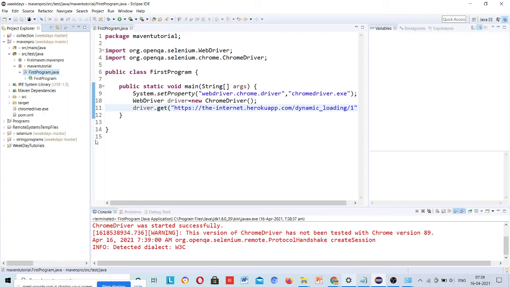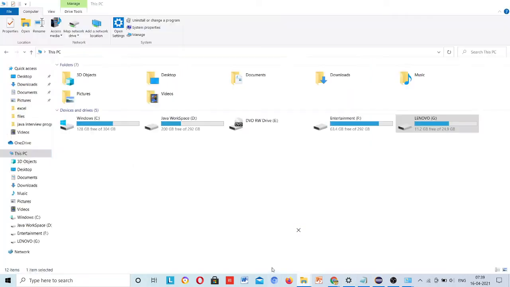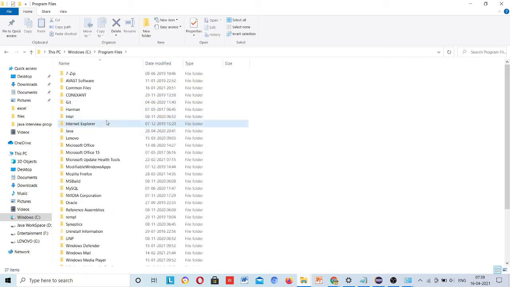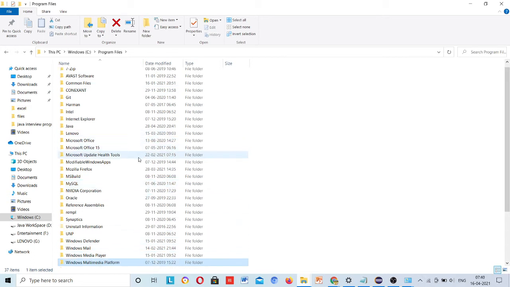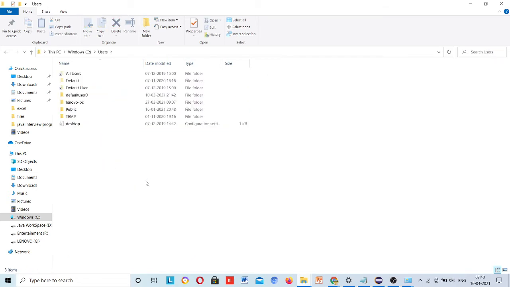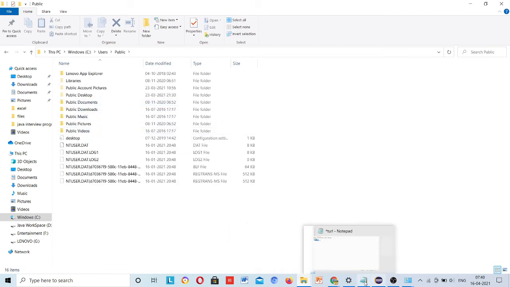Okay, let's go to the M2 folder. Program files, Maven. Wait a second.